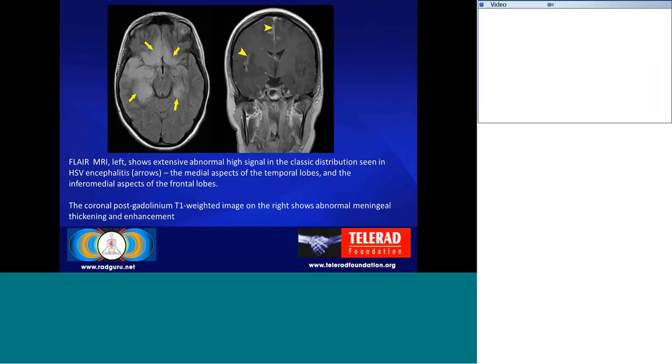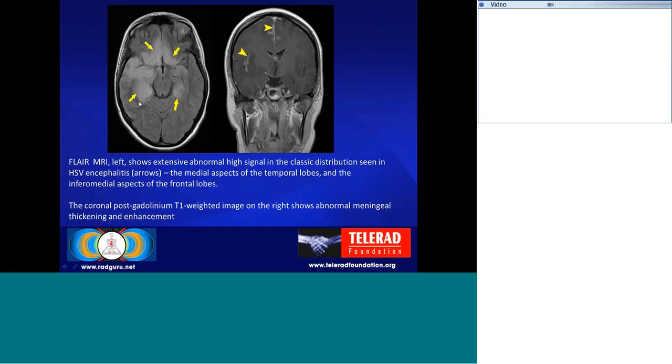This is an example. I will show you these two MRI cases. This is a FLAIR MRI sequence. You will see that there is extensive high signal abnormality in both temporal lobes involving the medial temporal lobe, and usually the abnormality is not symmetrical. The right side is more than the left side. And there is also involvement of the posterior and inferior medial aspect of the frontal lobes,